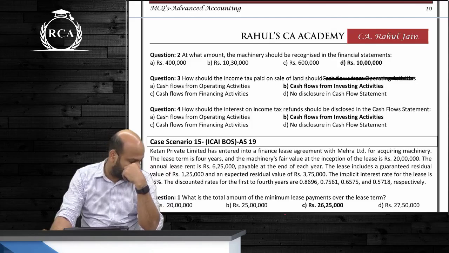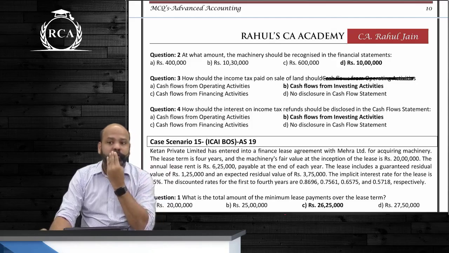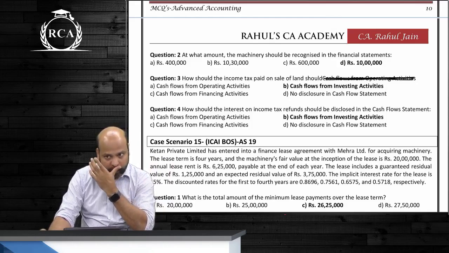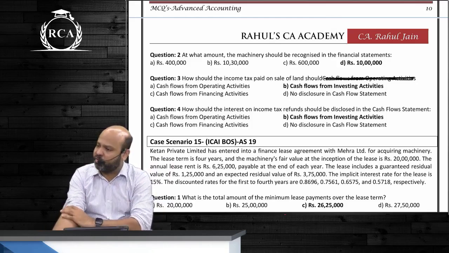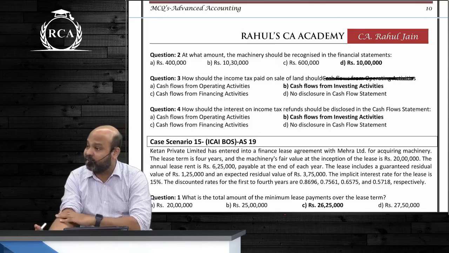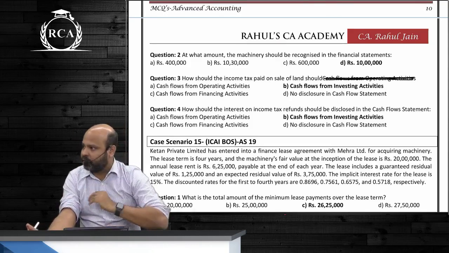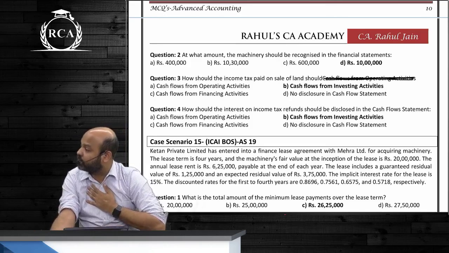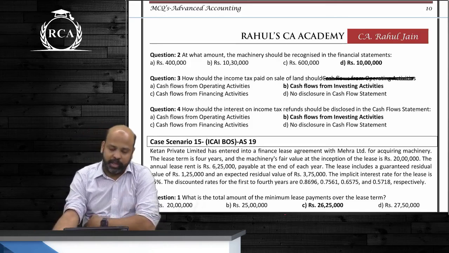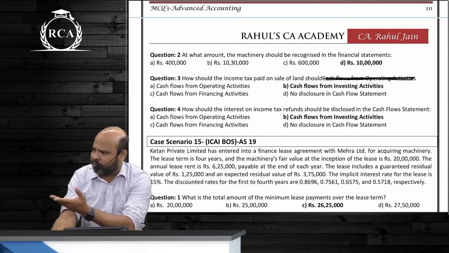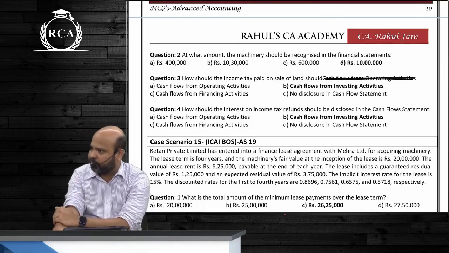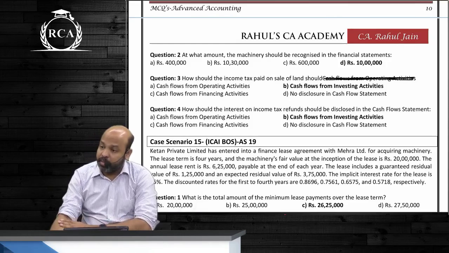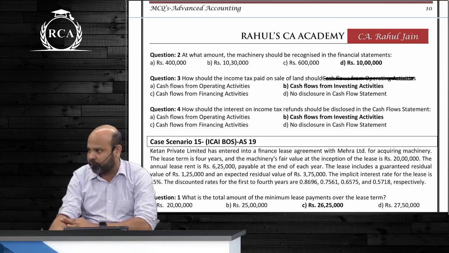Please mark the bit as important. Guys, there's a lot of ambiguity on this. In the question it is being disclosed as cash flow from investing activities if you understand it in relation to the previous bit, that the corresponding taxes paid were in relation to that. But practically also, guys, I'm not sure if I discussed this couple of days back, there's a lot of ambiguity. But अभी ये same MCQ has come in the examination guys. Most likely the answer is going to be cash flow from investing activities only and not from operating activities.